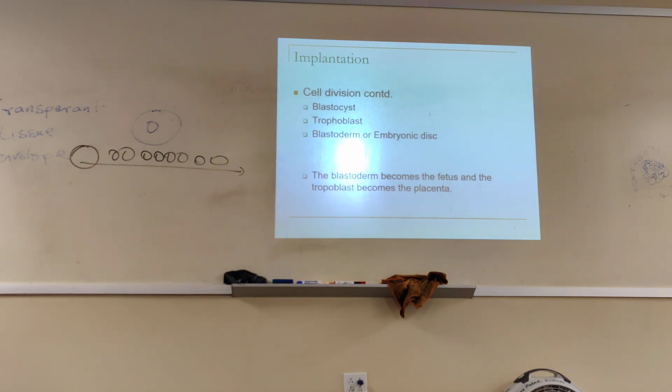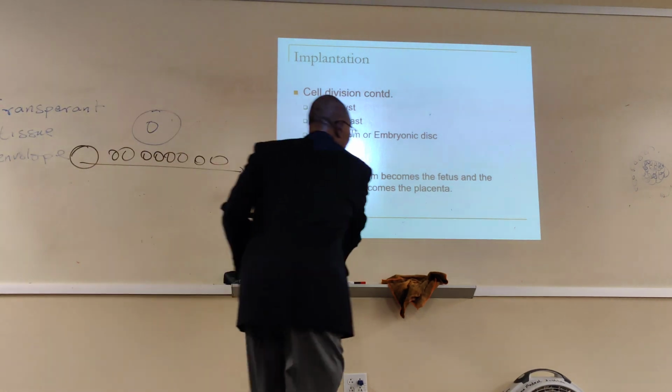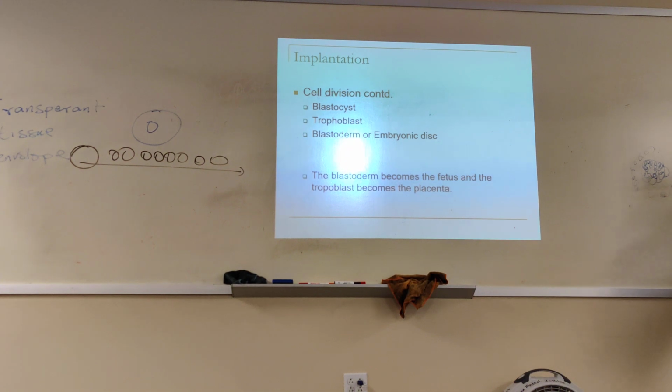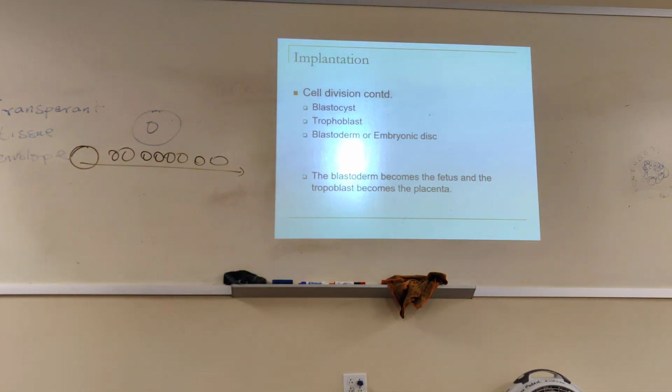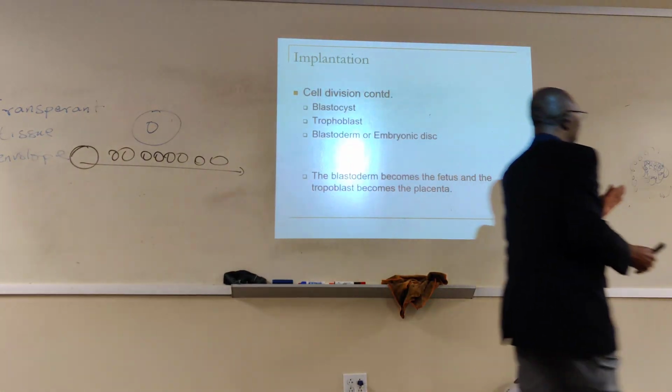So the next thing that happens is that some of the cells inside the morula or blastocyst at this point will build up at one end. Okay, it will be like this, and then most of the cells will separate and plug up together at one end. Okay, so now those cells that separated and are now at one end